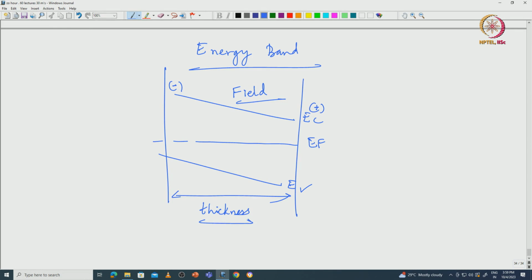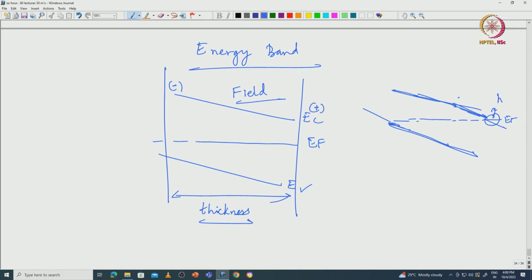suppose your gallium nitride is very thin. So, you have something like that, this is conduction band, this is Fermi level, and this is valence band. Once you keep increasing the thickness, it will soon hit this, okay. After that what will happen? The entire band gap has dropped. It cannot go like this, it cannot go like that,